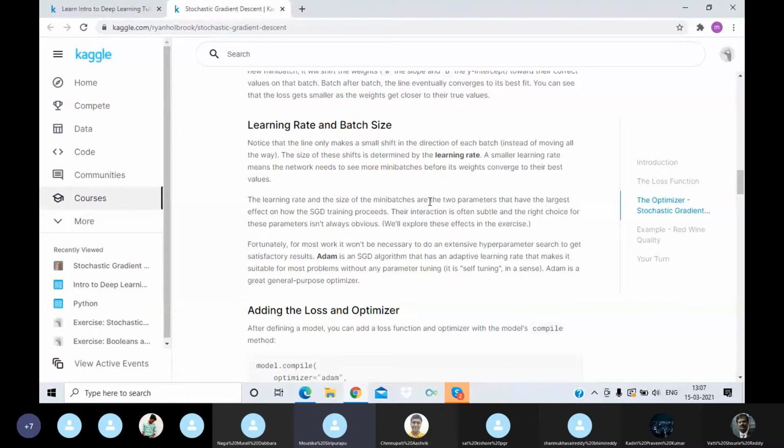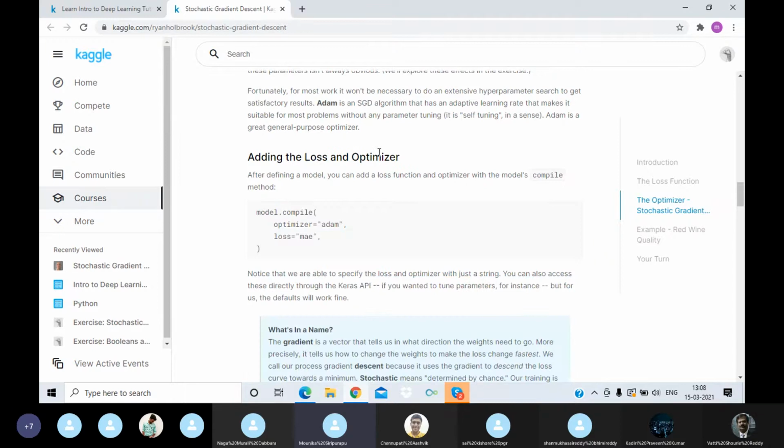It can be one of three options, such as a number that divides the total data set size. And Adam is used as a stochastic algorithm here. Its full form is adaptive moment estimation. The size of the shifts is determined by the learning rate, and the data set size per step is defined by the batch size.